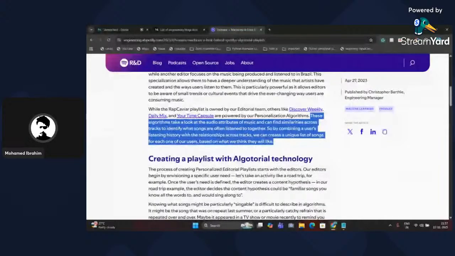So imagine you have 5 minutes or 3 minutes of a song. Inside the audio, you have tracks of music attributes. By identifying these attributes, they can combine them with the user's listening history. For example, consider user A listens to melody music and also hype music or beat-heavy music. By analyzing this history with the tracks, next they can provide unique